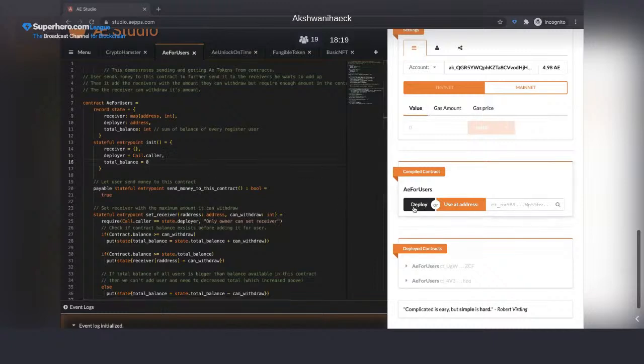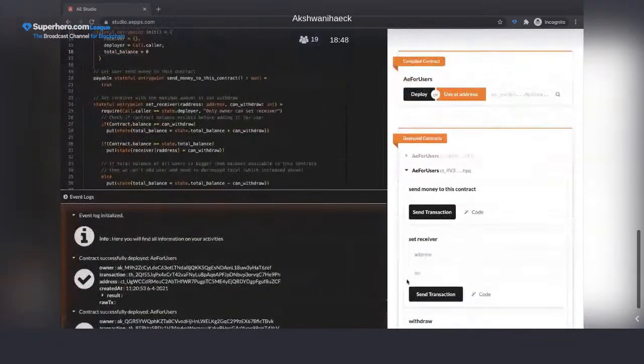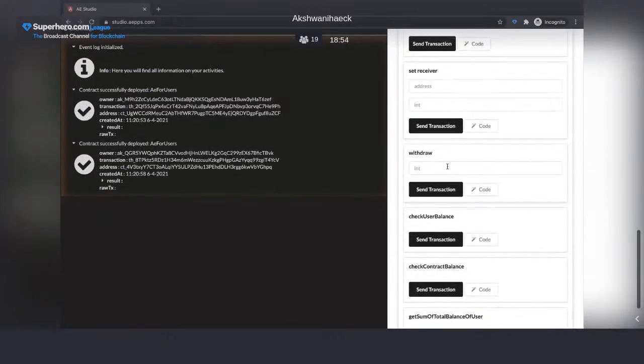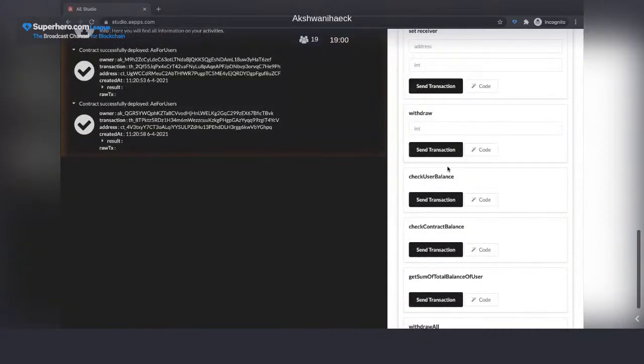Once I deploy my contract, or I use an already deployed contract on the network, in this case, these are examples that come with the Studio by default. Many people already compiled those contracts, and you can use them from one of the compiled addresses and deploy on the blockchain. In our case, we are going to use the one we deployed already. You will see that all the different public functions are very easy to access and try directly from the Studio. So if I want to try very quickly, this is the way.